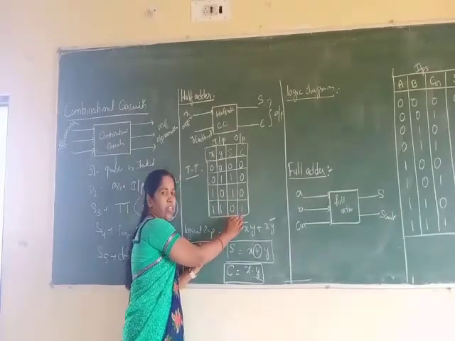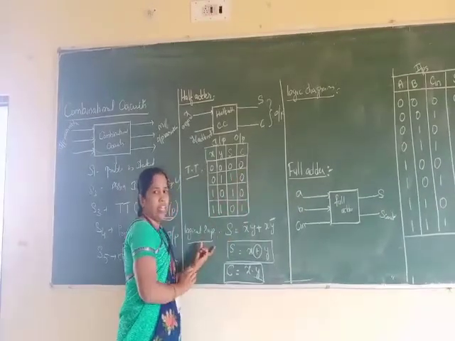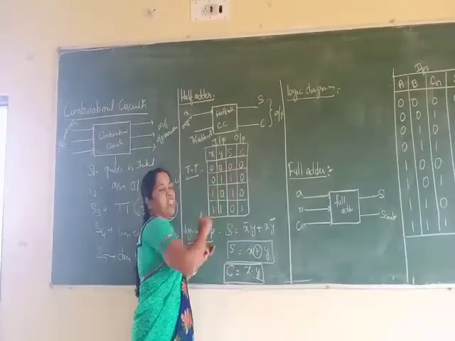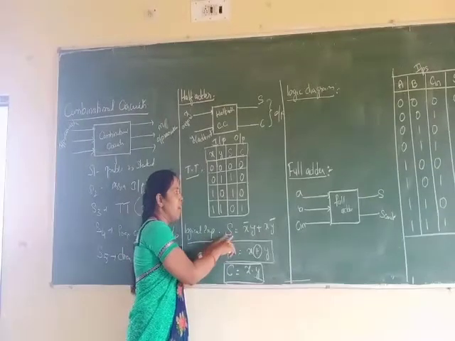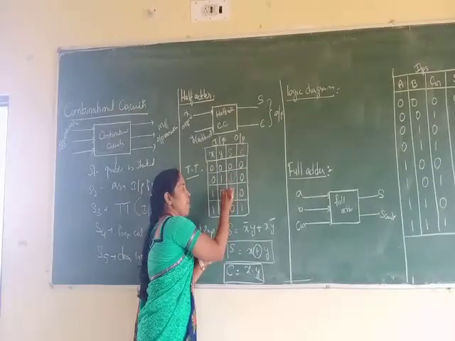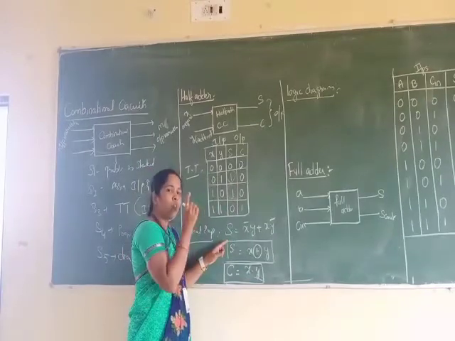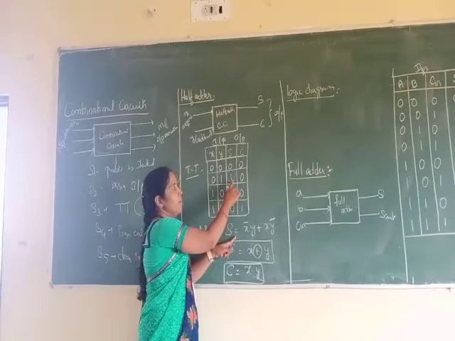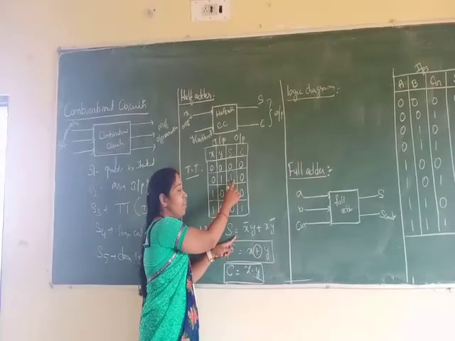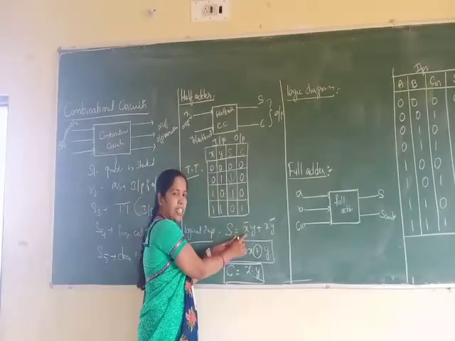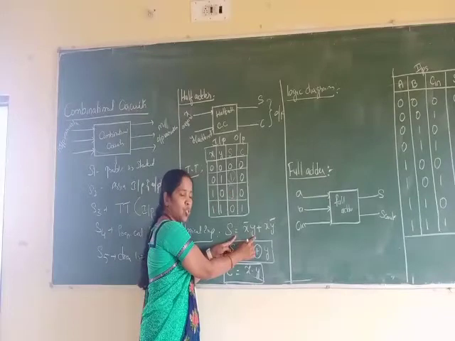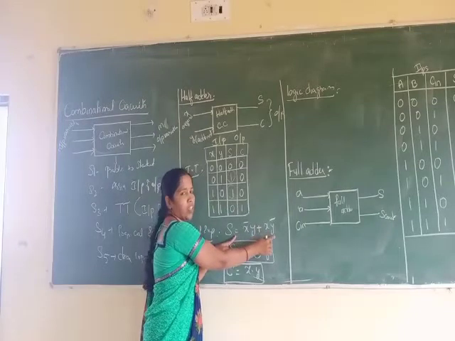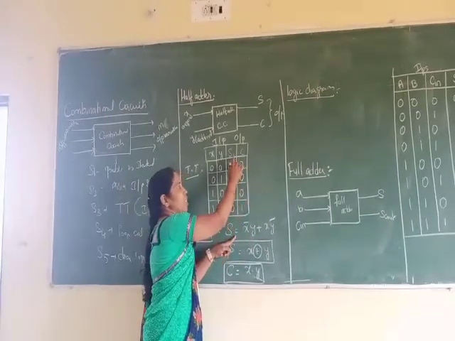So for this output, whatever output is generated, I have here two columns of output. One is sum as well as another one is carry here. So for this sum column, see here, wherever the output value 1 is there, for those inputs I am going to generate the expression here. S is equal to some value. In which case the S value is 1 here? When x is 0, that is nothing but x dash, and y is 1. So x dash y plus, when it is again 1, x y dash, right? In these two cases only, S value is 1 here.